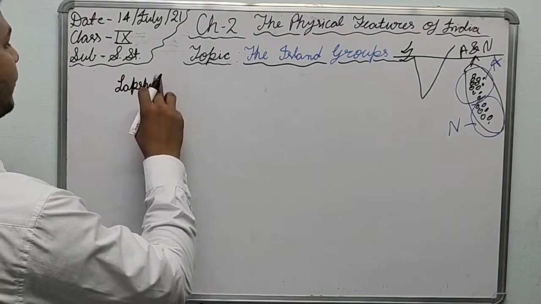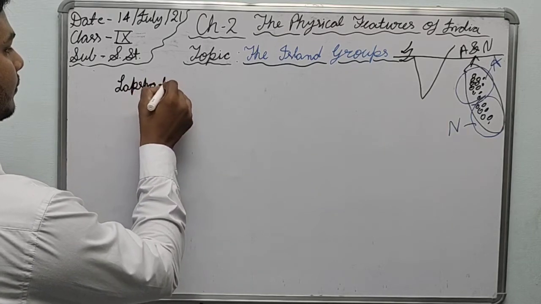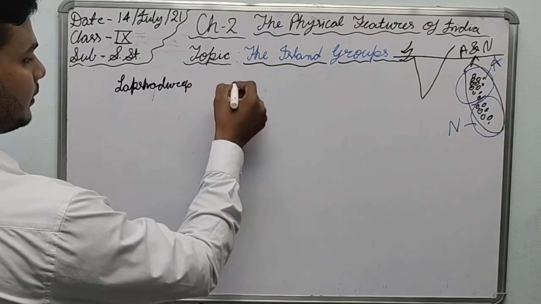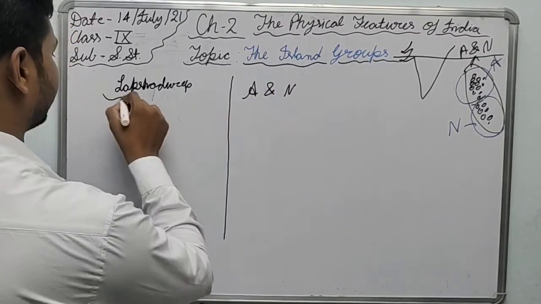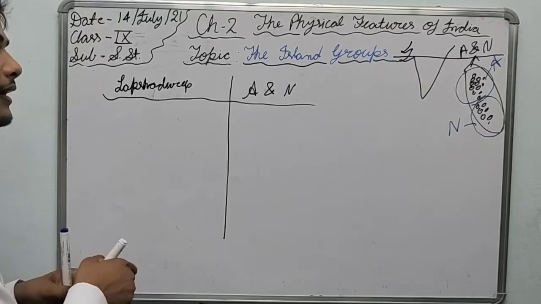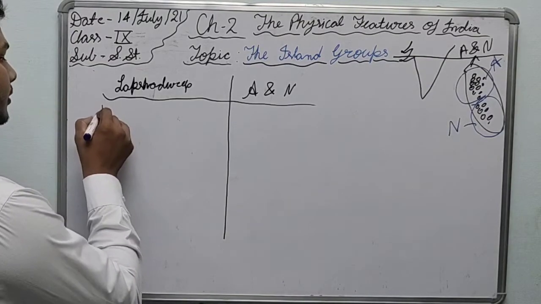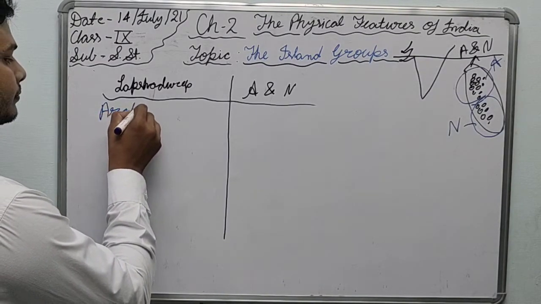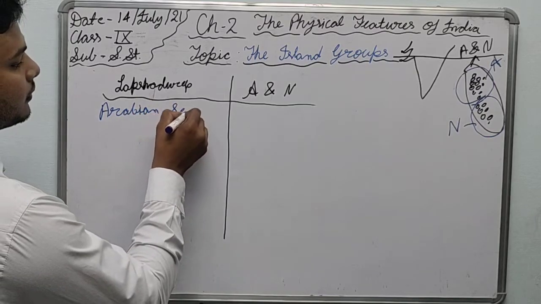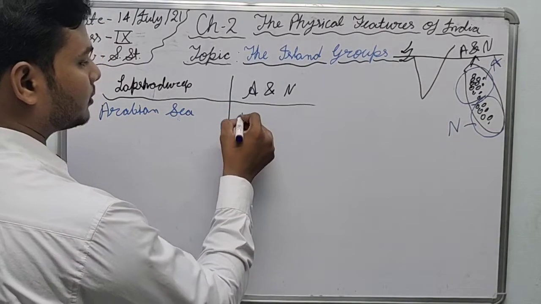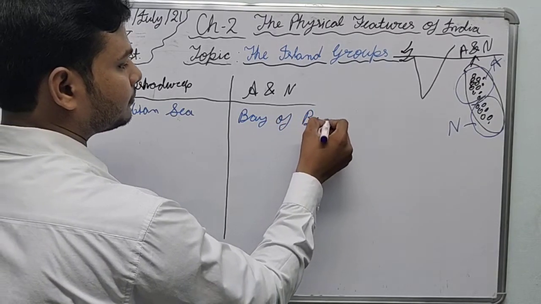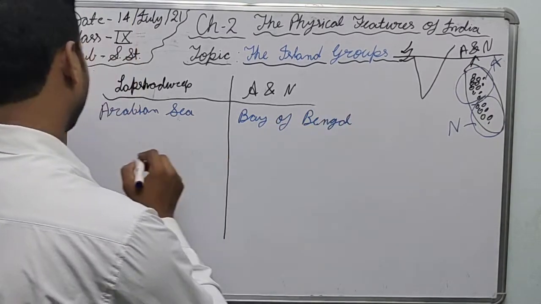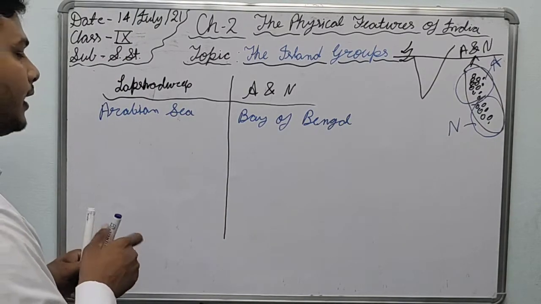Lakshadweep and Andaman and Nicobar Islands. Look, we can say that Lakshadweep is situated in the Arabian Sea, while Andaman and Nicobar is located in the Bay of Bengal. Okay, this was the first thing. The second thing,